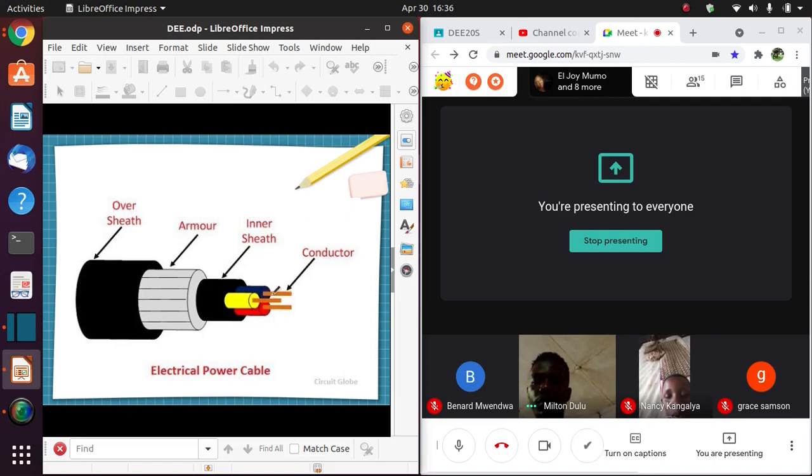Now this is a diagram that shows the basic construction of a cable. You have the conductor which transmits the current and the voltage. We have the insulation which is isolating the conductor from the external environment. And in this case, this is a three-phase cable, because it has those three phases denoted by those three colors: yellow, blue, and red. We have the sheath. The sheath is what